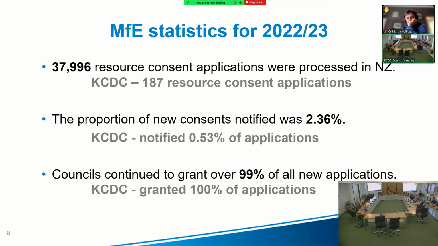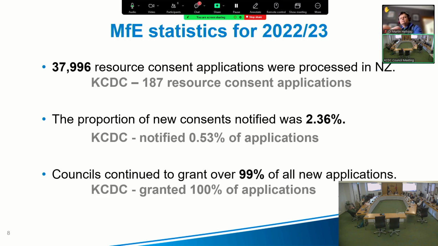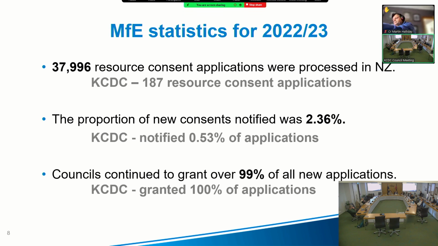I'm just keen to get a sense of what the relative risk is and the potential negative consequences for council in terms of being open for judicial review or what have you, or some sort of scrutiny. If we notify a consent that does not need to be notified versus not notifying one that does, is one of them a more risky situation for council than the other, if that makes sense? Or are we open to the same potential consequences?